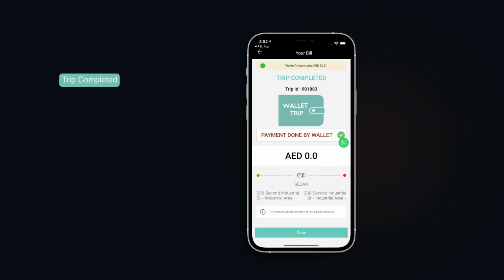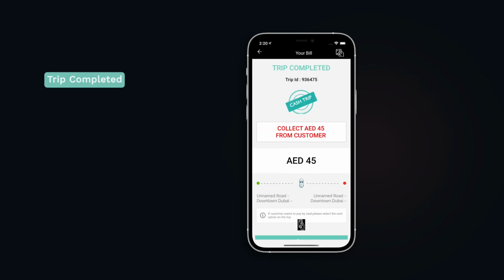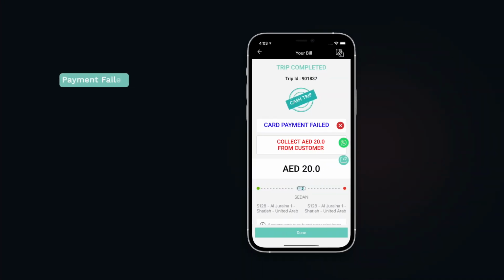paid the money. Here, don't ask for cash payment from the customer. 2. If the payment page shows a message to collect cash payment from customers, please collect the cash payment. 3. If the payment page shows card failed, collect cash from the customer, show the message to the customer and collect